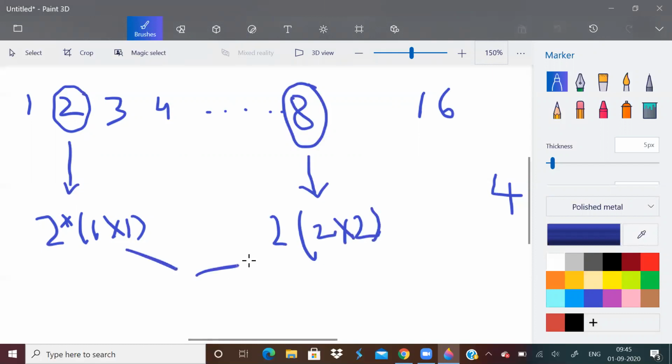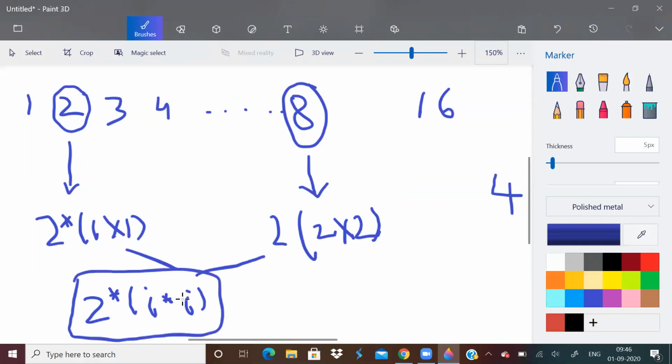Essentially, both of them are part of a series which is 2 into i into i. That means with 8 tiles, I can fill the second room of both the houses. With 2 tiles, I can fill the first room of both the houses. So that's all. This is the formula. We have to find all numbers which satisfy this formula.